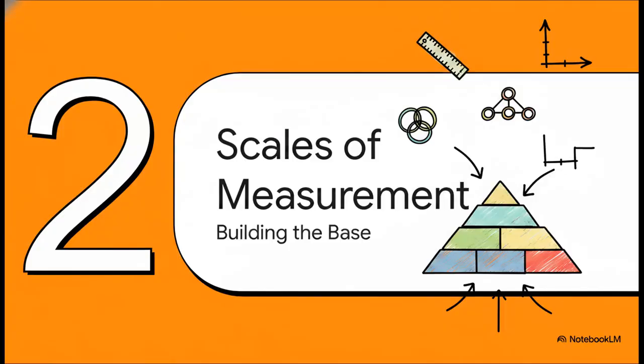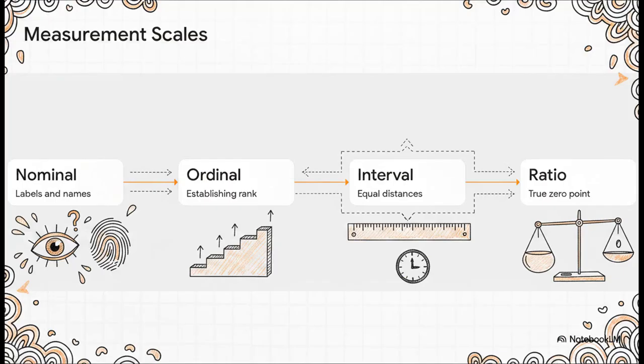Section 2. Scales of measurement. To solve this vagueness problem, we've got to build the foundation of our pyramid. These 4 steps represent an absolutely vital progression. We are moving from basic, sensory-based, intuitive cognition all the way up to highly rational, incredibly precise scientific measurement. Let's walk up these steps one by one.